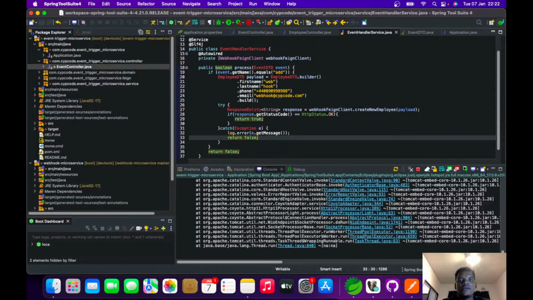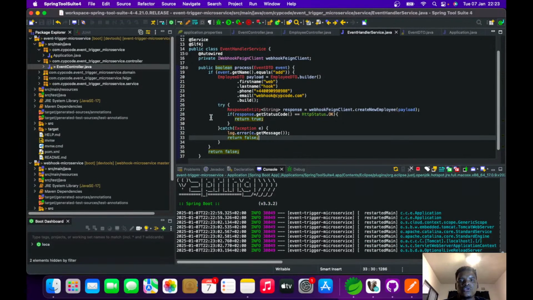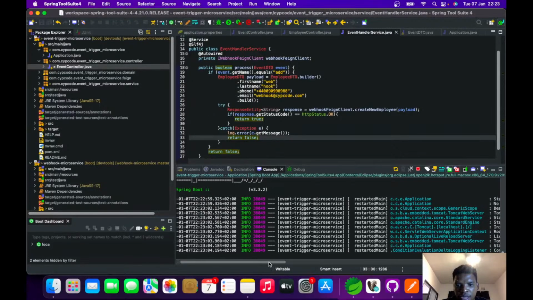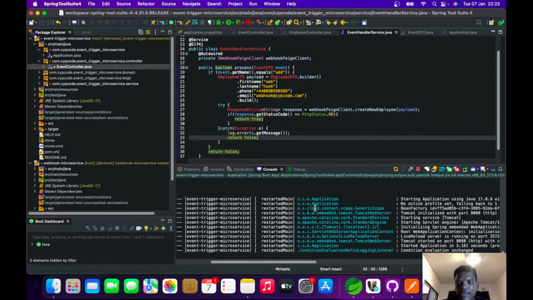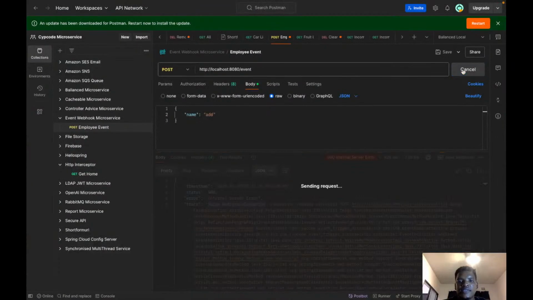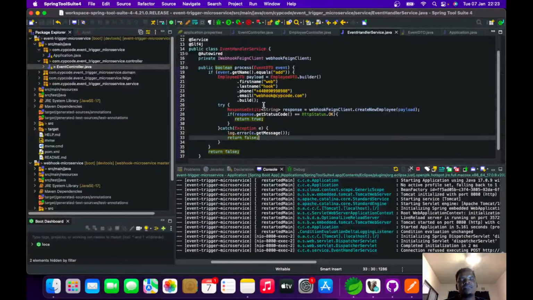And now that we've catered for that, we can basically go back to our Postman. Let's wait for the application to bounce. Okay, so our event trigger is back. Now, remember the Webhook microservice has been stopped. So we send this event, and for whatever reason, maybe that service is down. Now we know that the event has failed, and because this is a microservice architecture, we want to make sure that we keep the log of all the events that came through,